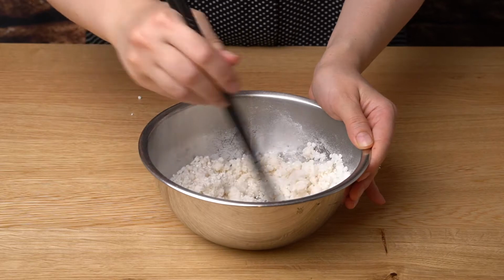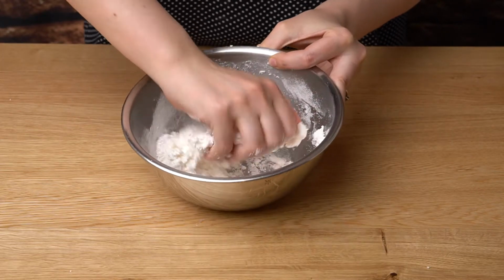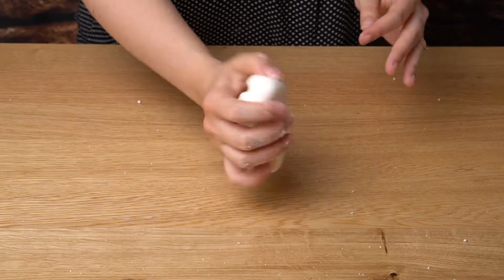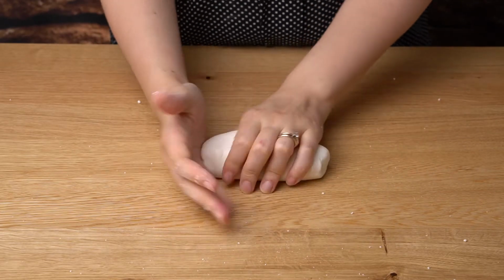The flour will start to stick together and form lumps. Using the hands, we will knead until the dough comes together and becomes smooth. I like to start the process in the bowl and then move to the table. Once the dough is ready, make a roll